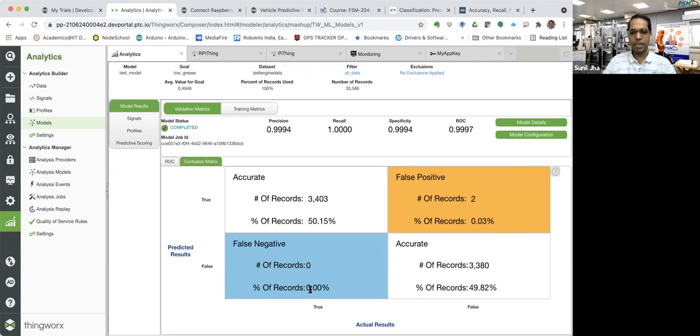There is no false negative. The true positive that you can see here is 50.15%, and the true negative is also predicted correctly, that is 49.82%. That is how you'll get a very nice confusion matrix. This is the ideal case over here. Fine.